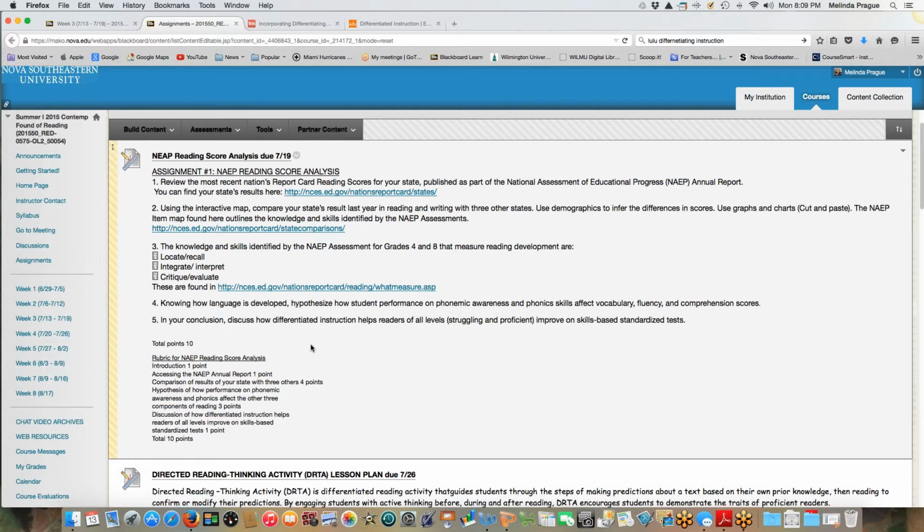And then in conclusion, which is why we spent some time in differentiated instruction today, how can differentiated instruction help readers of all levels? Okay. But how can it help them on skill-based standardized tests? Ooh, because I didn't say anything about teaching how to take that standardized test when we're doing differentiation. But guess what? There have already been studies that show that in classes where differentiated instruction takes place, kids happen to do better on skill-based standardized tests, whether we've taught them that to the test or not. And we don't really want to teach to tests.